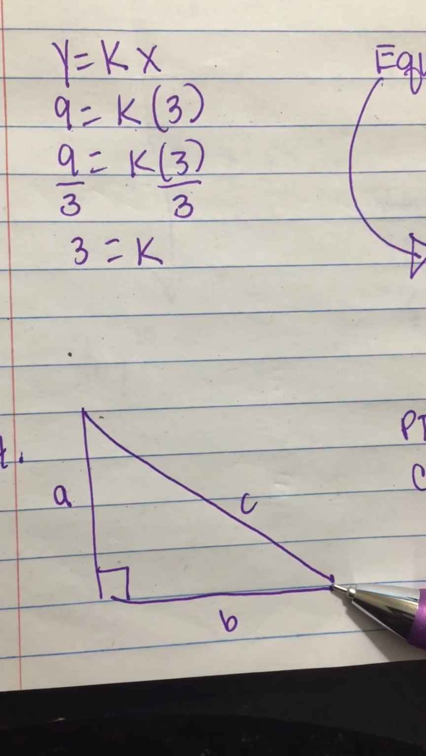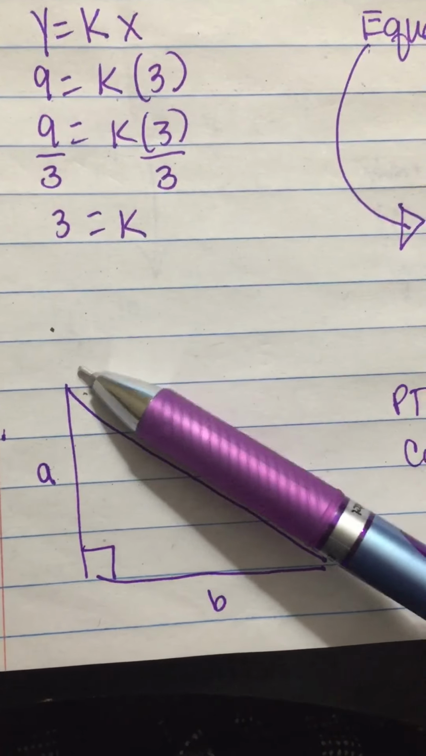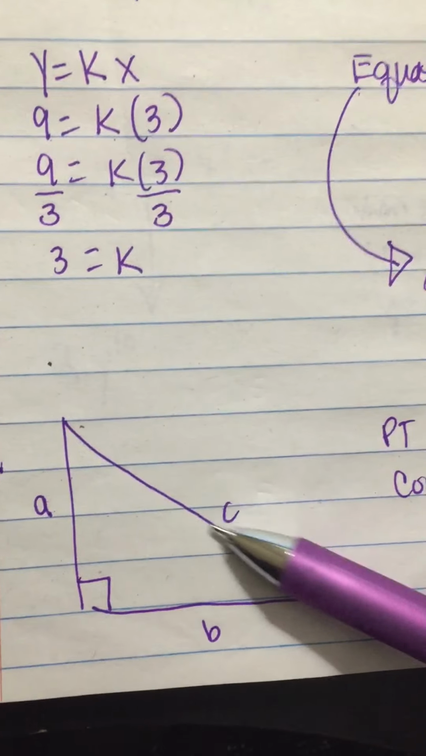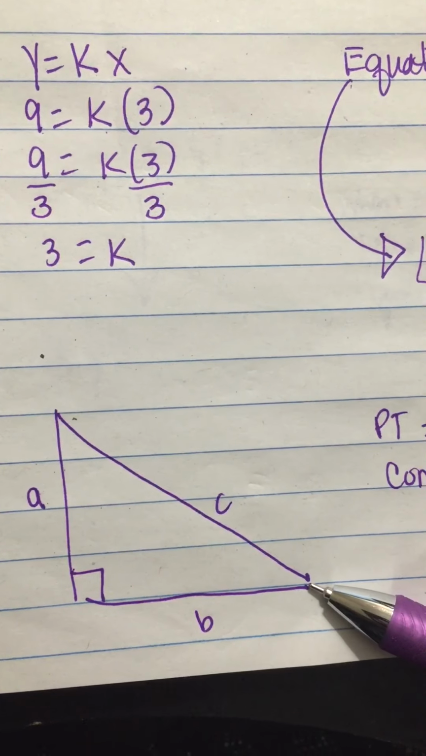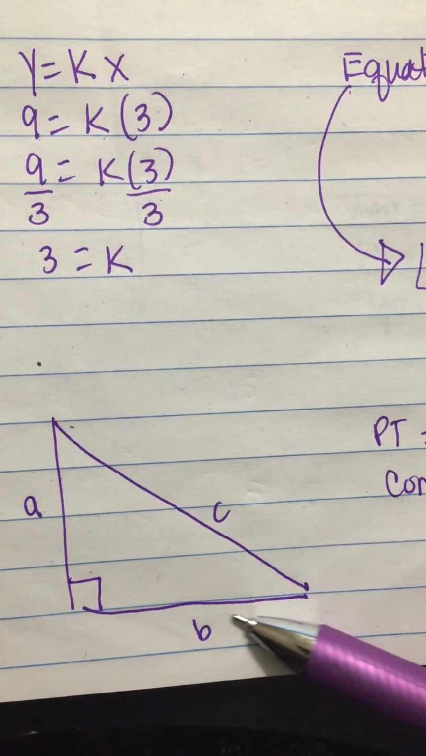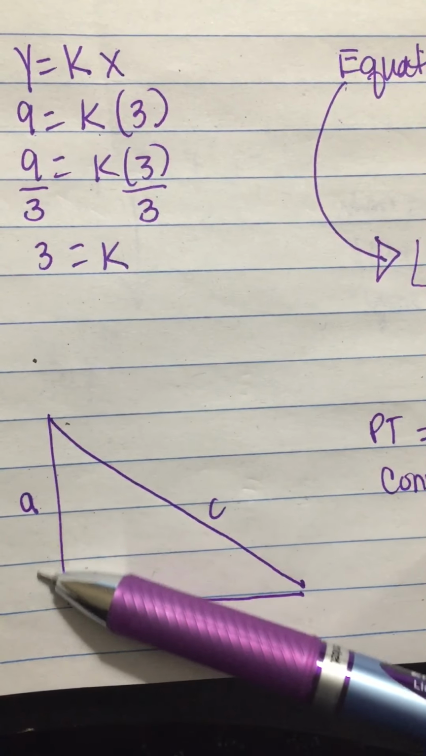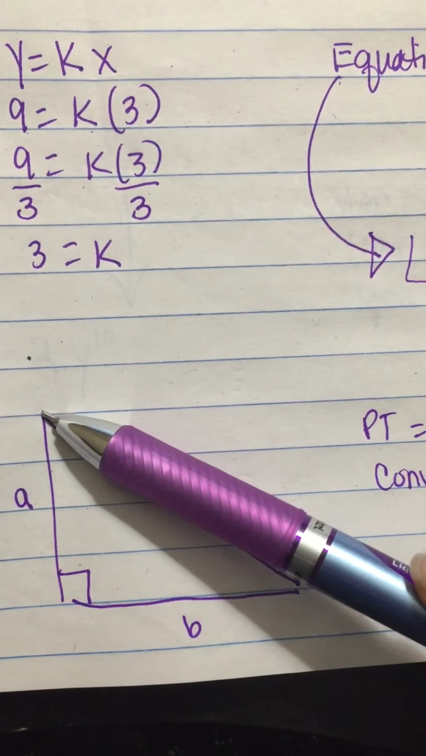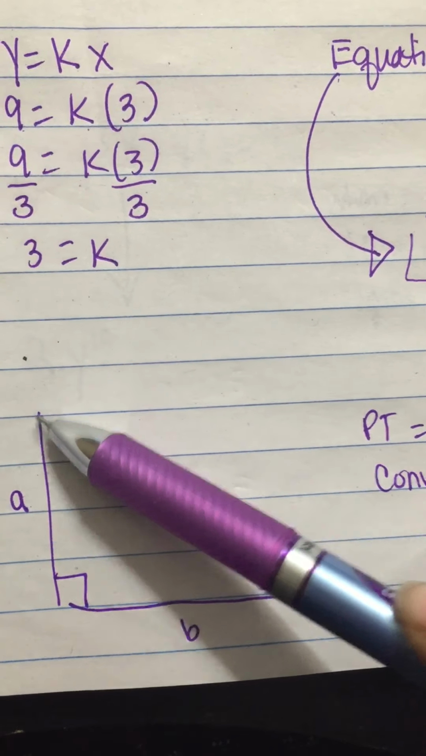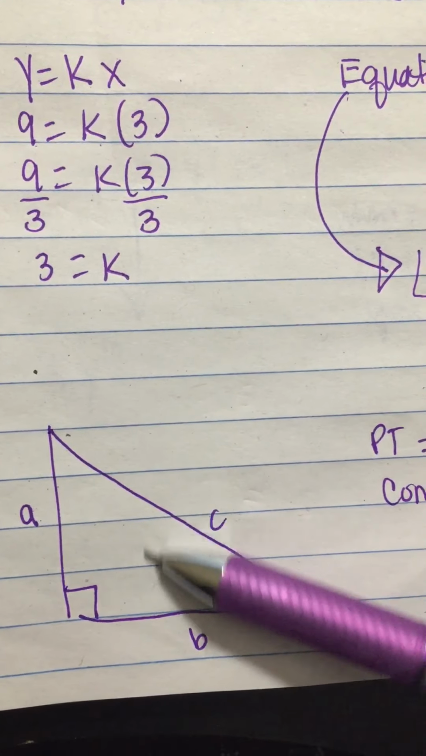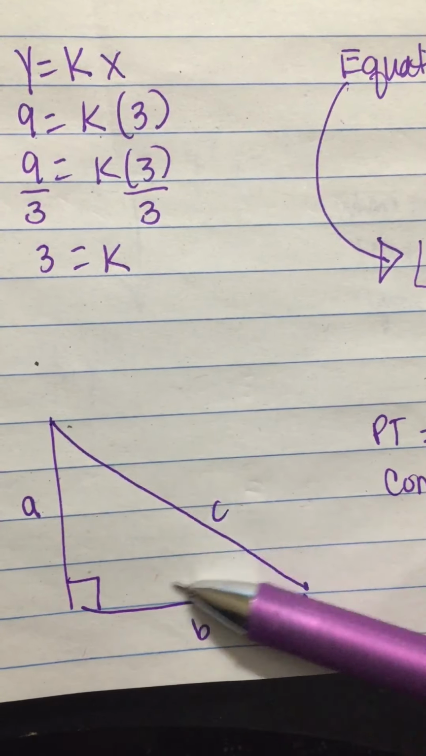So side C is going to be the distance between, this is point A, and this is point B. So this is side B, this is side A, but this is point A right here. Okay, so this right here is the space between